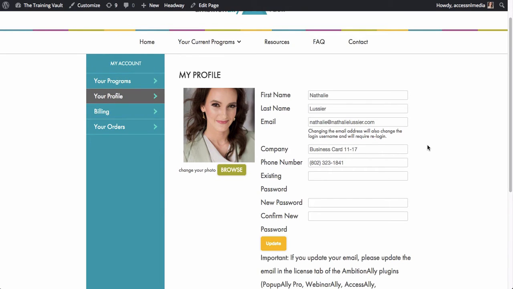You do not want to be getting emails from people who are trying to change their passwords and it's not working. All of this gets synced with your CRM system, so that's ActiveCampaign, Infusionsoft, or Ontraport, depending on what you're using. And this is a really seamless thing to set up. So I want to show you how easy it is.